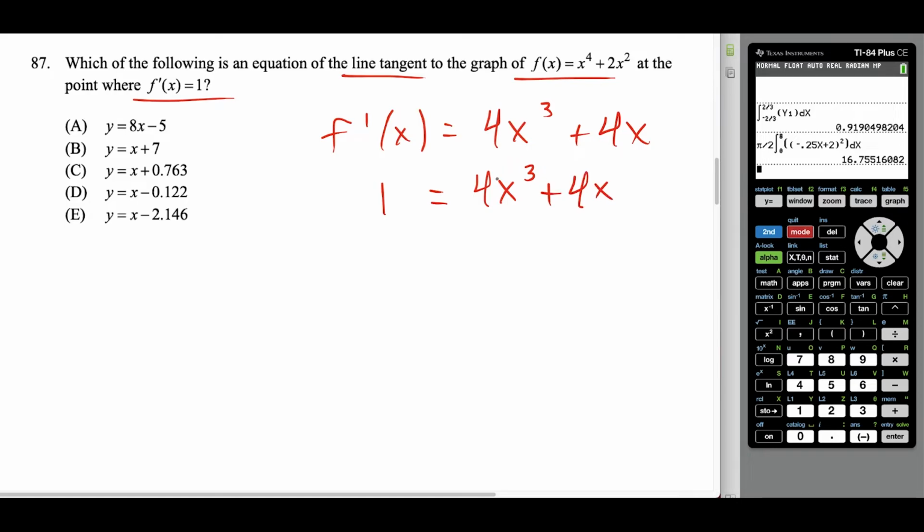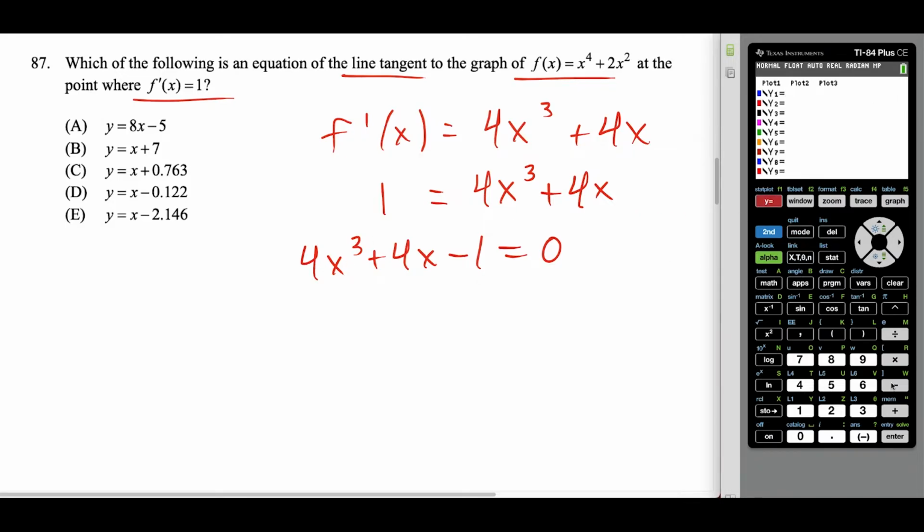And now from here, I'm going to subtract 1 on both sides, and we're going to have 4x to the third plus 4x minus 1 equals 0. And now I want to find the solution to this, so I'm just going to type in 4x to the third power plus 4x minus 1. And I'm going to press zoom 6 just to make sure this graph is in standard form here. And I'm going to zoom in a little bit more just so we get a better idea of where that point of intersection is. And our point of intersection is between 0 and 1,